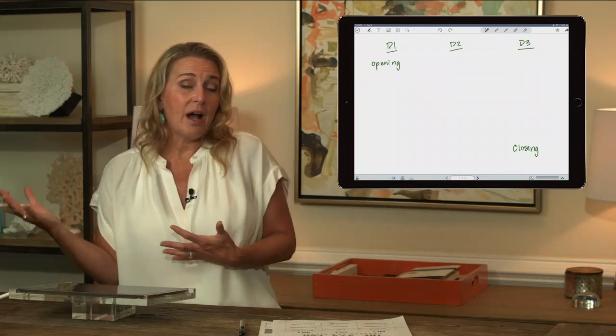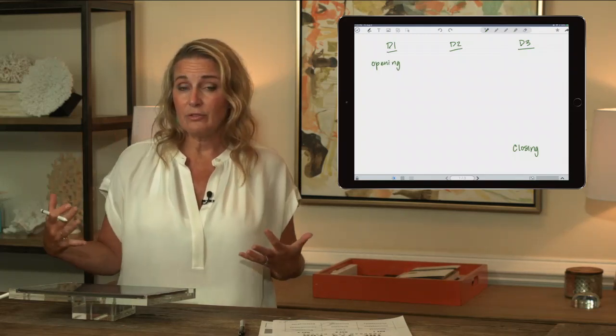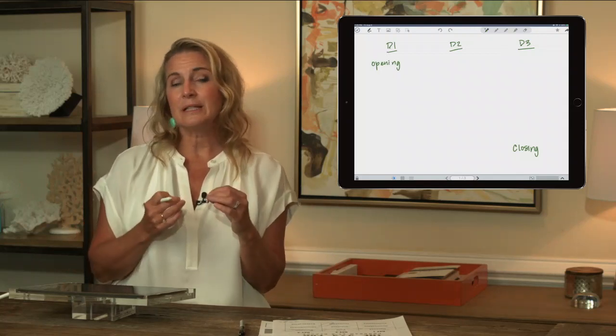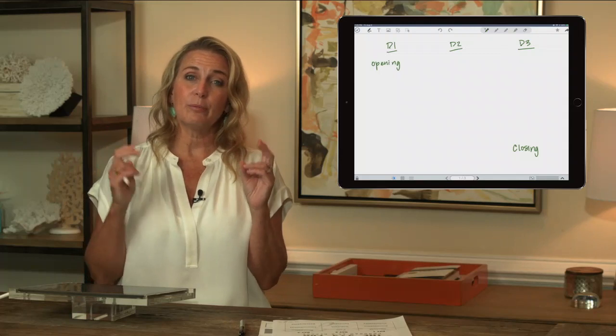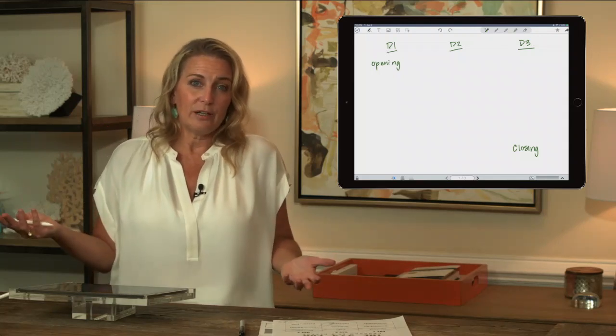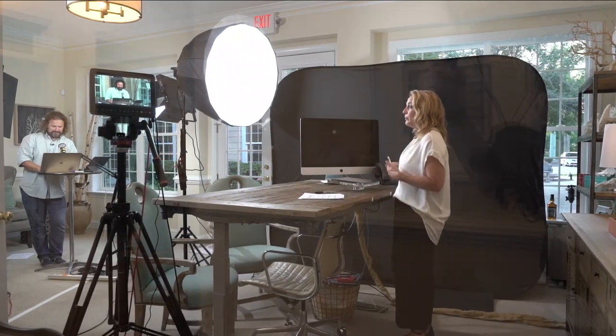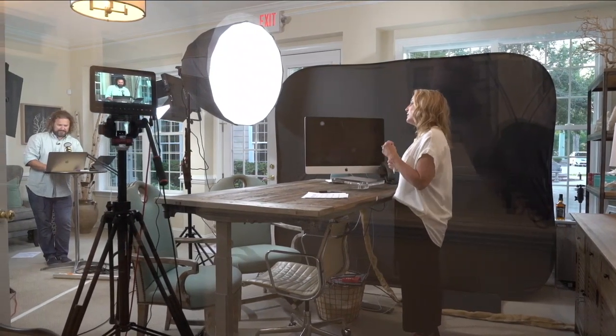I'd like to have some ahas that remind them of what they've learned. It's also a great community builder before they go home. I like to do something that is some element of planning. I call it planning for Monday, but it really depends on what day your event ends. If it ends on Sunday, it's planning for Monday. If it ends on Wednesday, it's planning for Thursday. But the general sense of it is, what are you going to do when you get home?